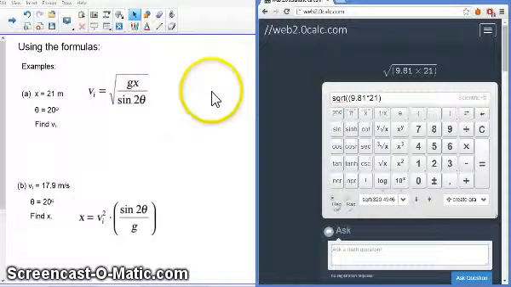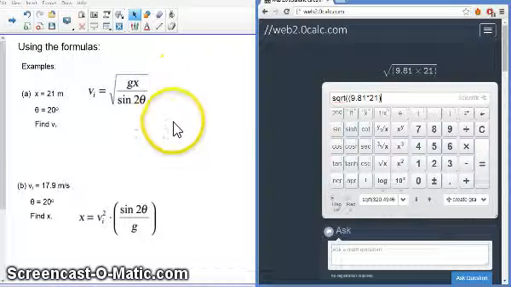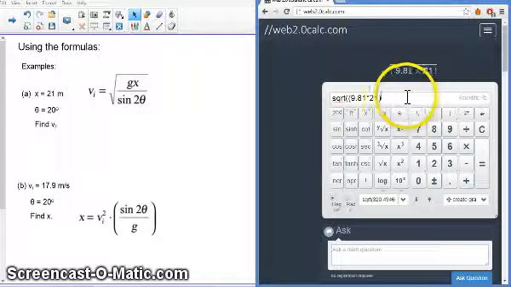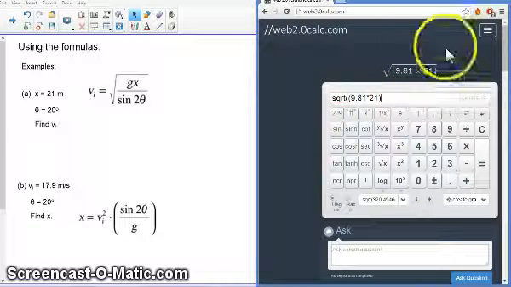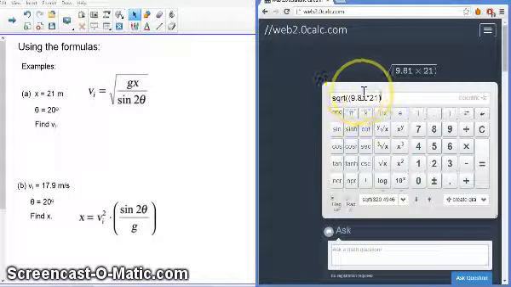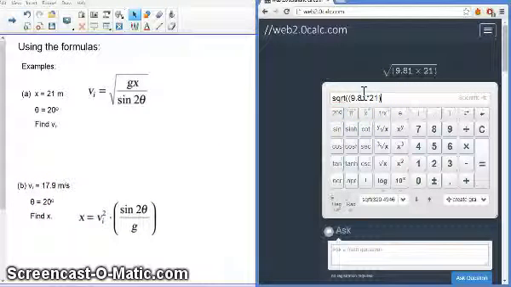My policy on using units, if you're showing your work here, is that I'll show you what I want to see, but you don't have to write units until the end. The units will be meters per second. This is, heck, I told you, this is the answer. 17.9 meters per second is what we're going to have. Divided by